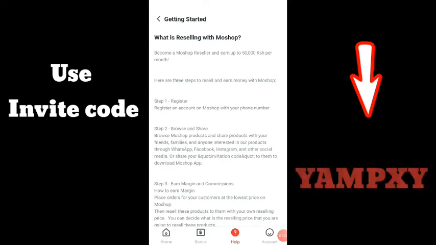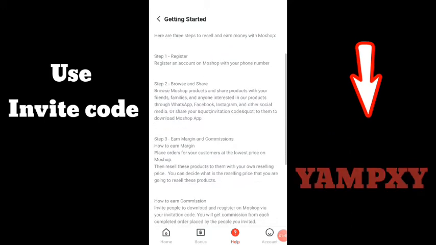You do not quote exactly the prices of commodities that have been tagged here, and you can resell them for more. Whenever someone requests a commodity from you, you will have to order from Moshop for him or for her.